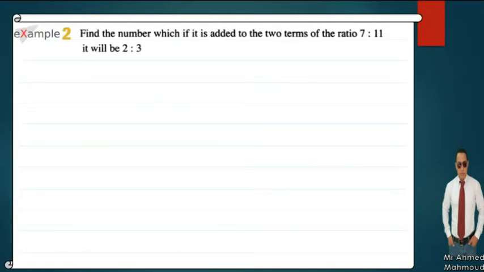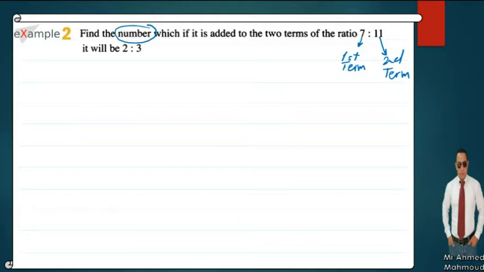In this example, find the number which, if added to the two terms of the ratio 7 to 11, will make it 2 to 3. Now we have a ratio 7 to 11. In this ratio, 7 is called the first term and 11 is called the second term. Okay, now there is a number. This number is added to the two terms, added to 7 and added to 11, and the ratio changes to be 2